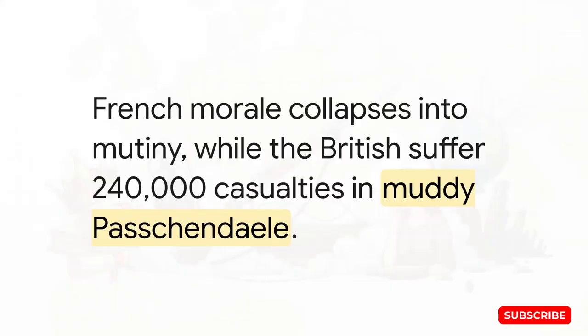But before those immense American resources could fully arrive, the troops already stuck in the trenches were reaching their absolute breaking point. Years of senseless losses caused French army morale to just collapse entirely, resulting in massive mutinies where whole units simply refused to attack anymore. Meanwhile, the British launched an offensive at Passchendaele, where incredibly heavy rain and constant shelling turned the battlefield into this impossible, deadly sea of mud, and that alone cost them another 240,000 casualties.